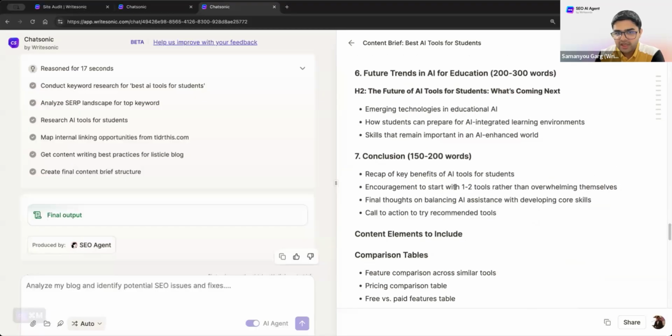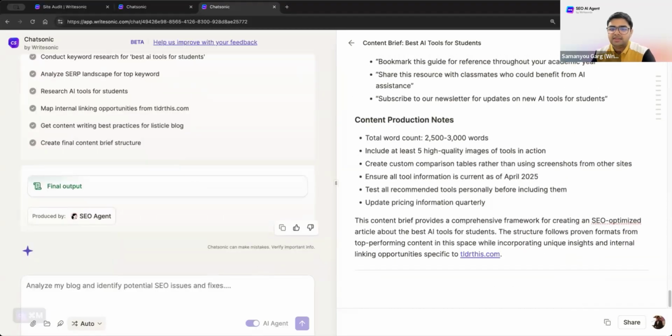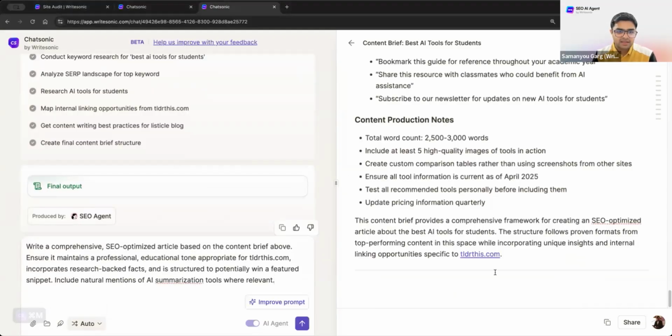right? And of course, you can give a follow-up prompt here and edit it as needed. And then the next thing here is you would basically give a prompt, which would be something like this: write a comprehensive SEO optimized article based on the content brief above. So this brief was present there. Now I wanted to write an article based on that. And I also mentioned that it should maintain a professional educational tone and incorporate research-based facts, a couple of other